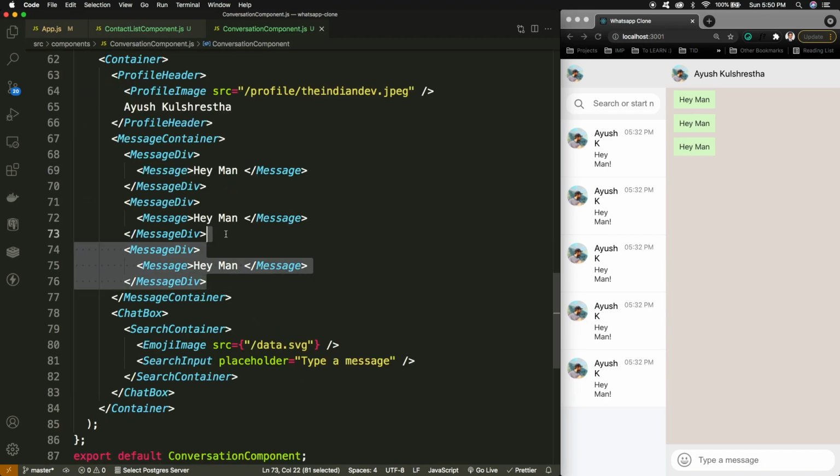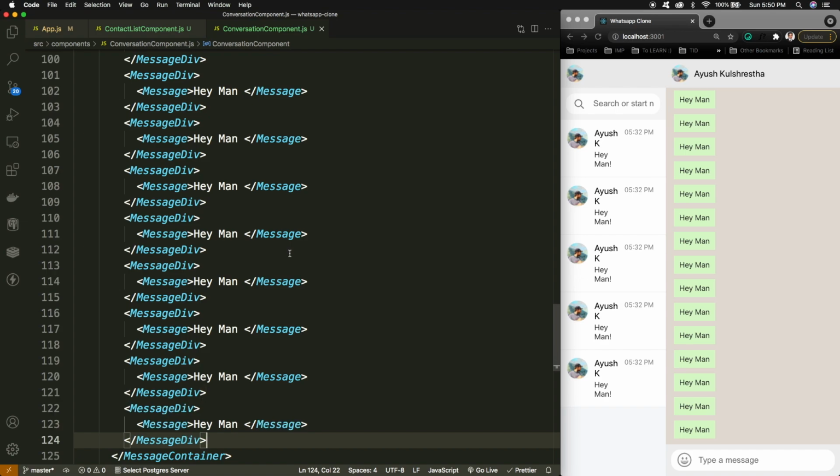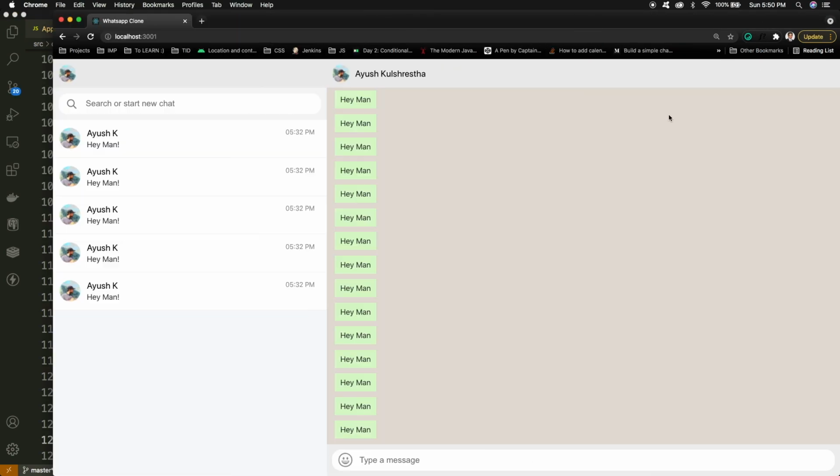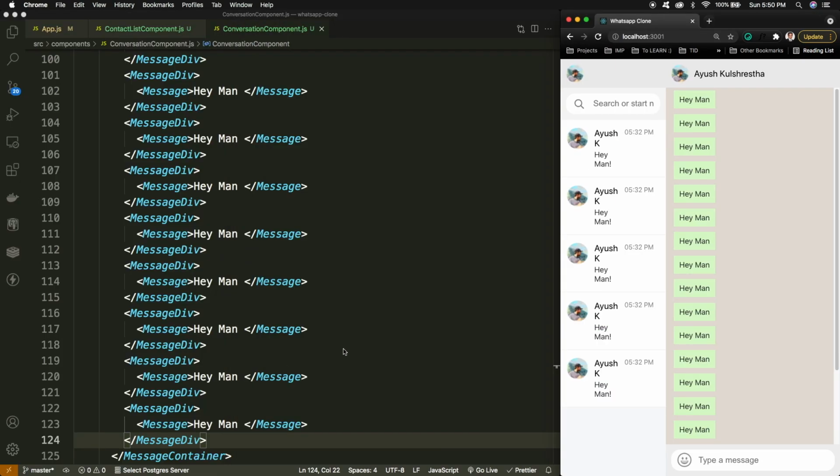So in case a lot of messages are here, you will see that the scrolling happens inside this message container itself, and nothing else is moving. That's how we can achieve this.